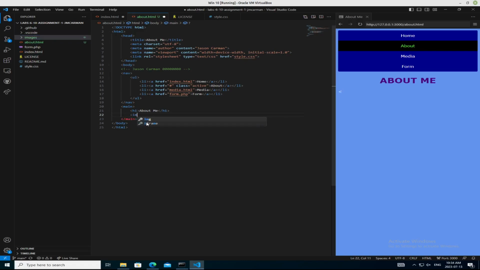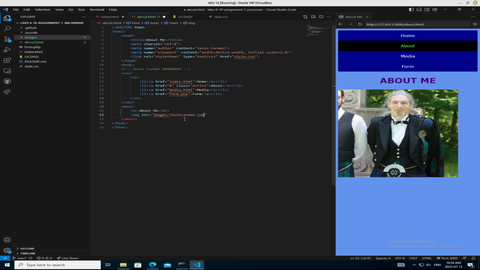So, image source equals images slash, and look at that. It even auto-completes the tag for you. Done. That's it. The image is in there. There's our image. That's all well and done. We're not going to do anything with the alt attribute because we're going to add that in assignment 1, but